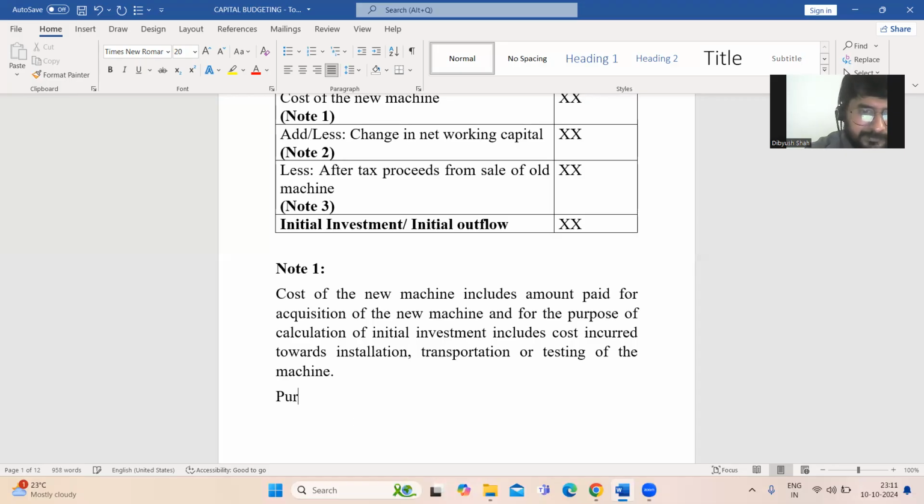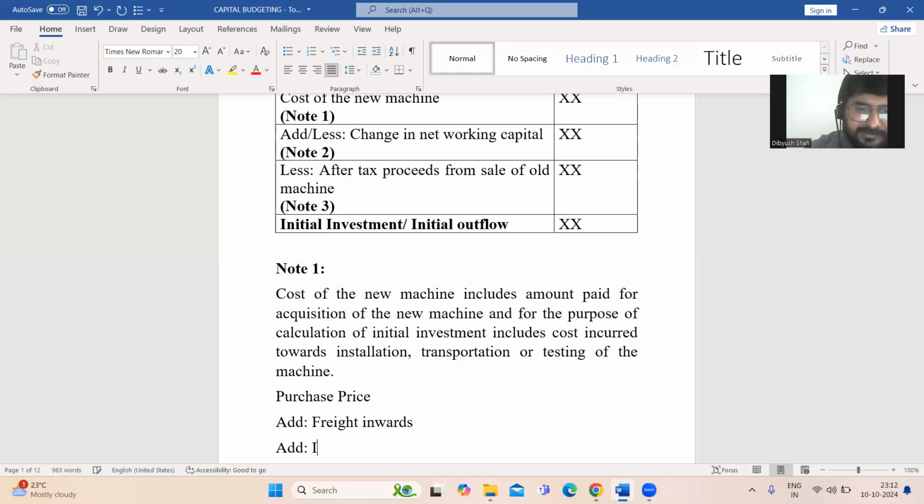This you need to take care of. You will add, if there is any freight inwards, any money paid for transportation of the machinery from the supplier's place to your place, you have to add it up. You will also add